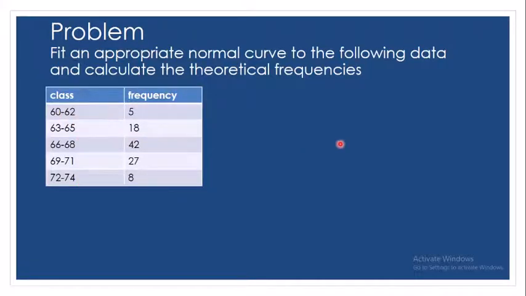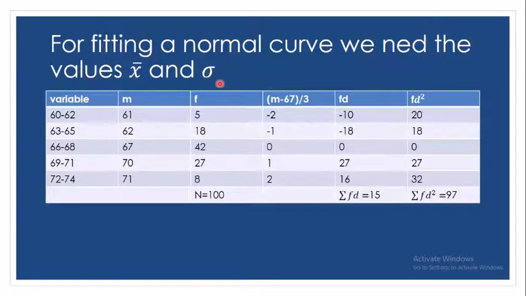Now I hope you remember what you did in binomial and Poisson. There you found out the estimate of the parameter. It's the same way you have to find out the estimate of the parameter. In this case this is a normal distribution. As I said earlier, you have to find out the estimate of the parameters, being mu and sigma. So let's see, after that only you can fit a normal curve.